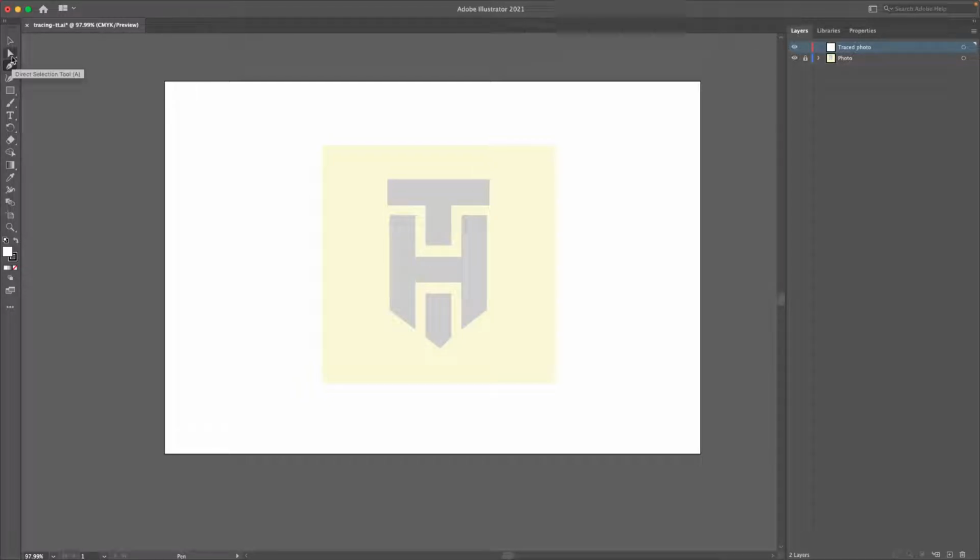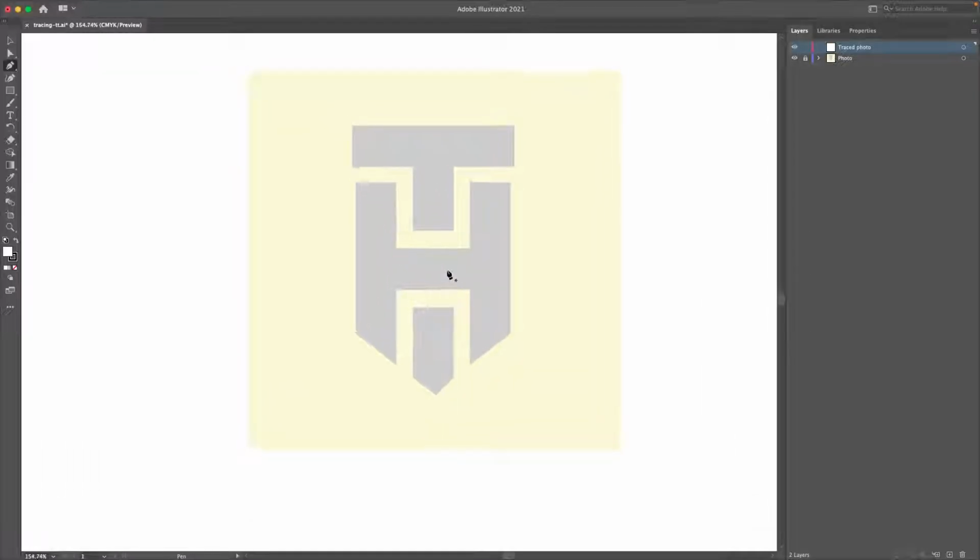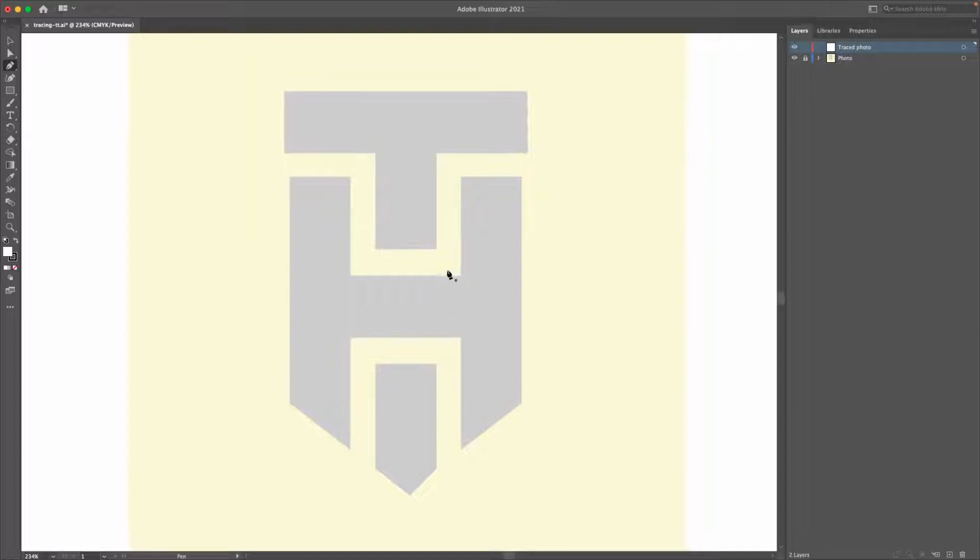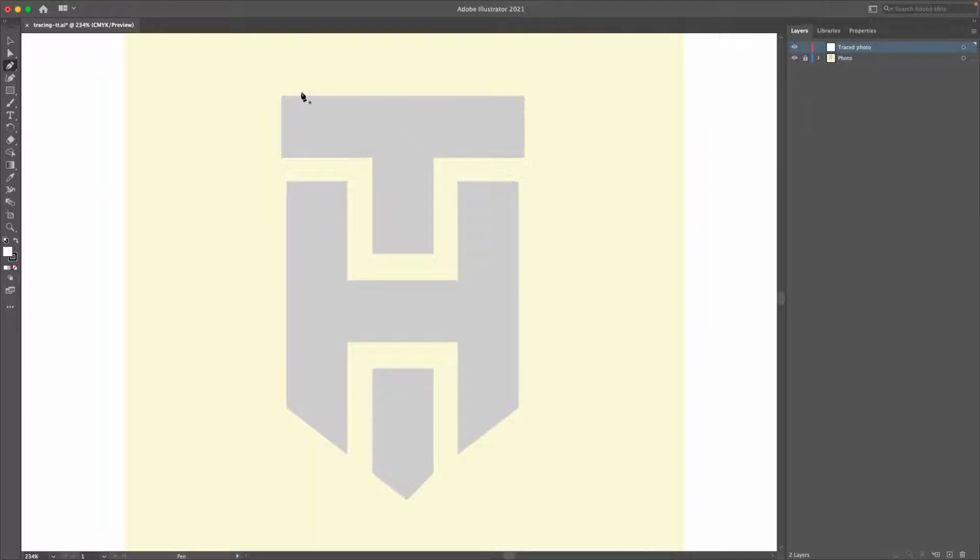So once you click on it, we shall start the tracing process. So in order to trace such a logo that has got these fine edges that are well defined, we shall use the help of the shift key on your keyboard. So I'll zoom in a little bit right here, so that you can have a clear view of what I'm going to trace. So we shall start with this top part of the logo. So in order to trace this out,